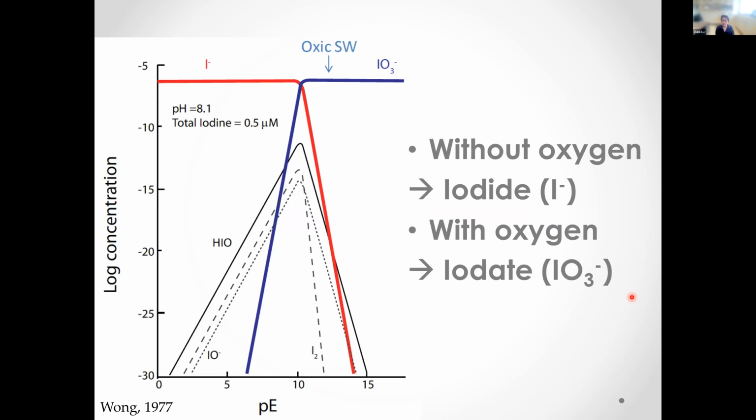It really boils down to the redox geochemistry of iodine. So if you look at this graph adapted from an older paper, you have log concentration on the y-axis and then the pe on the x-axis. The general idea is if you have oxygenated seawater, the majority of the iodine, most likely you'll see iodate, IO3, in the water. And then if you have anoxic seawater, most likely you'll run into iodide, which is a reduced